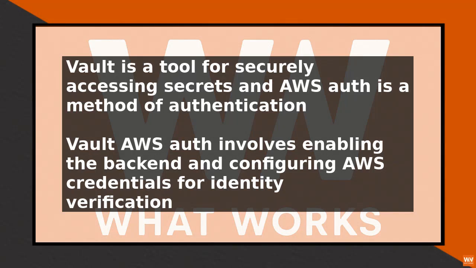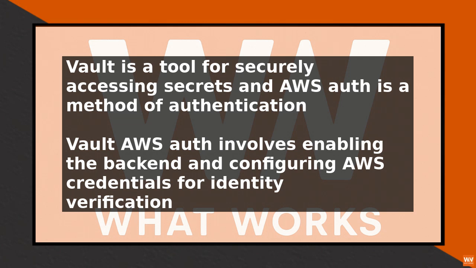To use Vault AWS Auth, you need to understand the basics of Vault and AWS Authentication. Vault is a tool for securely accessing secrets, and AWS Auth is a method of authenticating with Vault using your AWS credentials. First, you need to configure the AWS Auth backend in Vault. This involves enabling the backend and configuring the AWS credentials that Vault will use to verify the identity of AWS